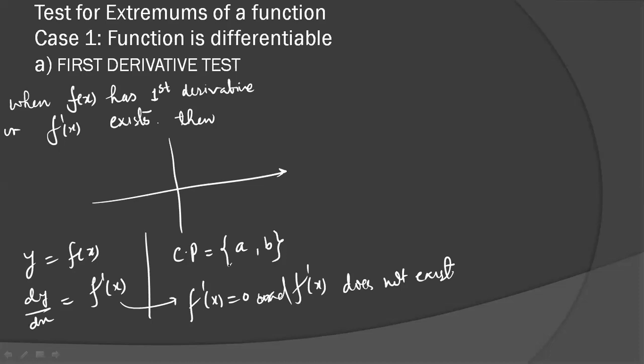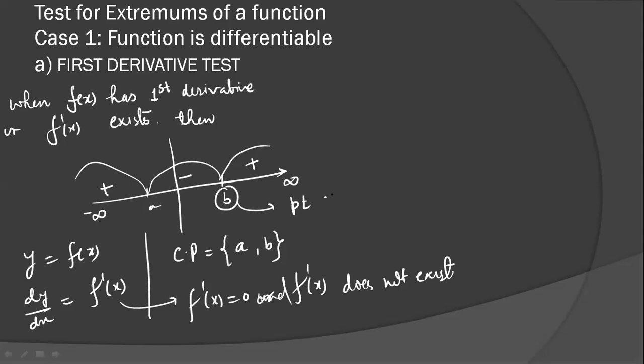So I'm taking two critical points a and b, and at a and b, if we are able to draw the wave graph, I have discussed it in lecture 14, and it is plus minus plus, then b is your point of minima. Remember here, the coefficients of the variables are positive here, or the inequality factors are positive. a is called the point of maximum. How am I claiming this?